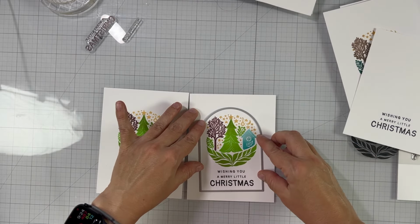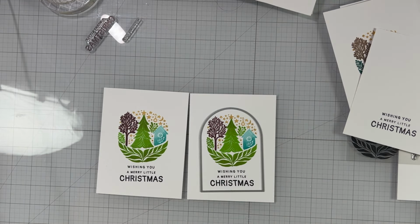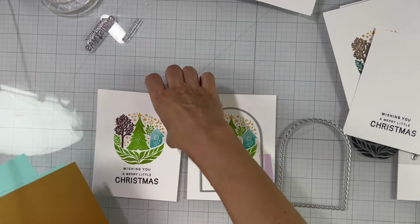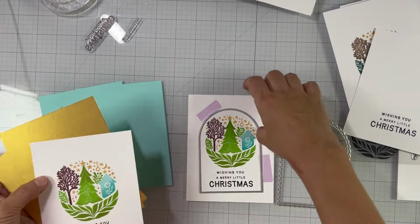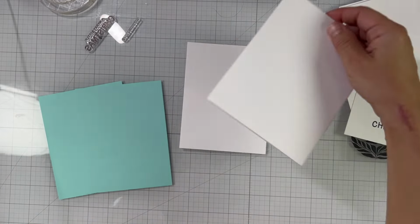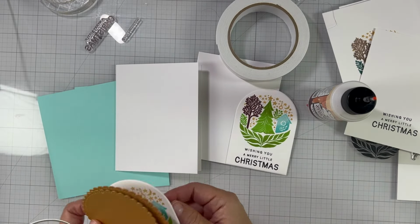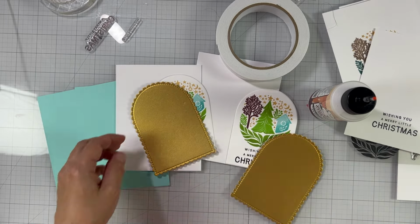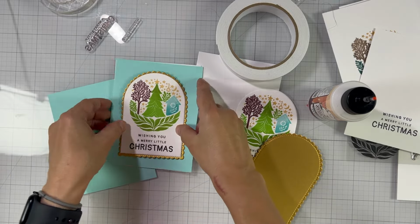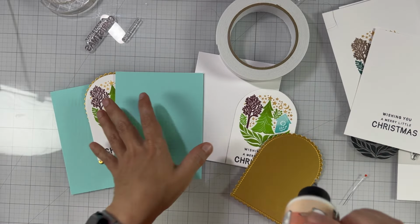Okay, so next we just need to do some die cutting. We need to die cut these panels using the arch dies, and then I'm using a coordinating size of the scallop stitched arch to die cut a mat from brushed gold cardstock. So by magic of YouTube, I have here two card bases. They are white. I have die cut the arches, the mats, and also have two A2 size pieces of pool or aqua cardstock that I will add on top of my note card instead of creating